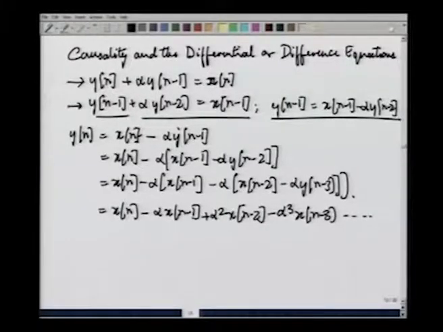Now, can we find a compact expression, a compact formula for this? I suppose we can. On the one hand, you have all the members of the x sequence, x[n], x[n-1], x[n-2], x[n-3]. Then you have alpha to the power 0, alpha to the power 1, 2, 3 and so on. So, in general you have something of the form alpha to the power k x[n-k],